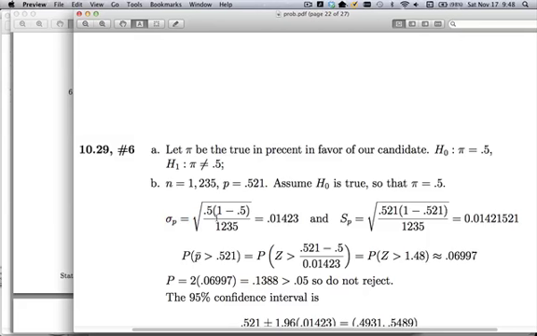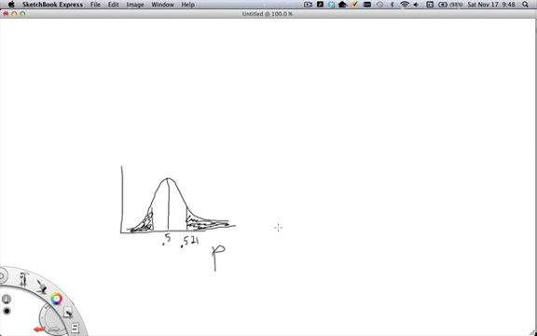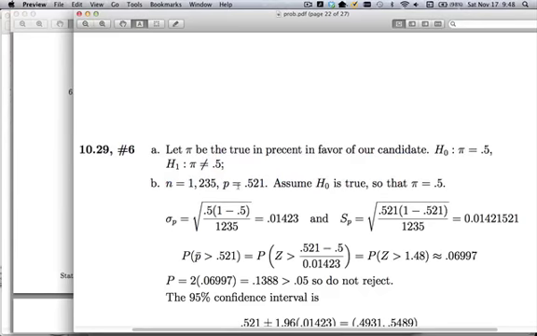So the formula for sigma sub p is the square root of pi times 1 minus pi over n, which is 0.01423. So I always like to write my standard deviations next to it so I don't lose track of it, 0.0413. Now, ordinarily, with hypothesis testing, we don't know sigma sub p, or we don't know the true standard deviation